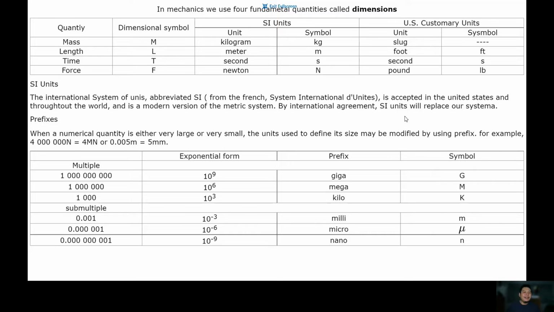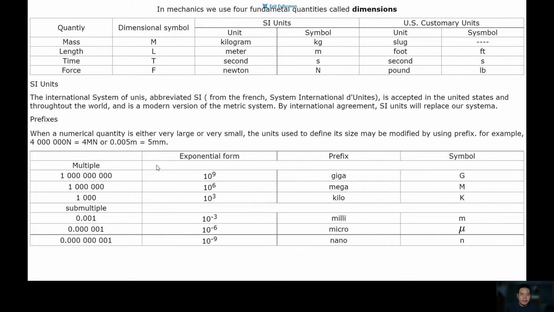Right? For example, 4 million newtons, we can just represent that one as 4 meganewton. Or 0.005 meters as 5 millimeters. Basically, I just want you to be acquainted with these symbols, as well as the exponential form, the